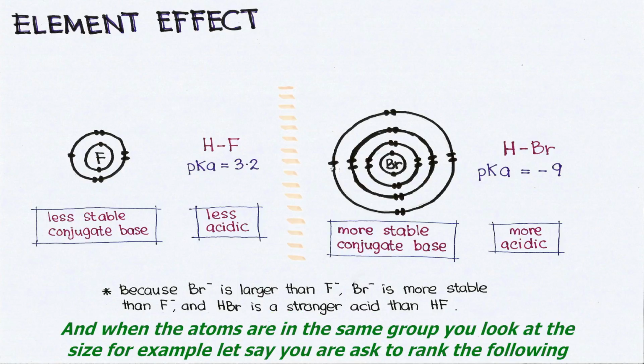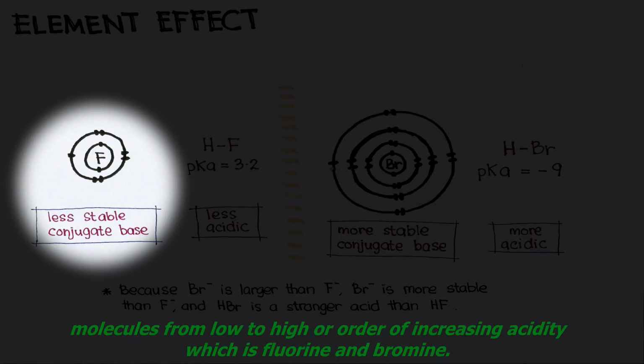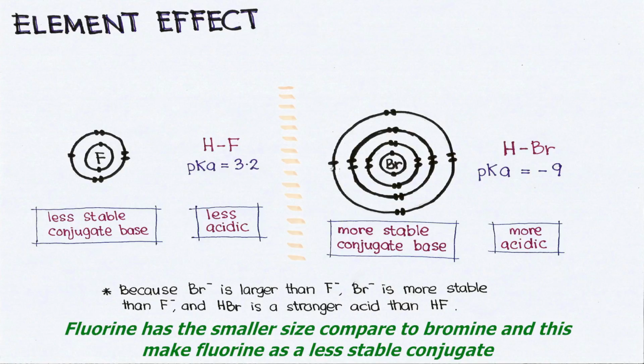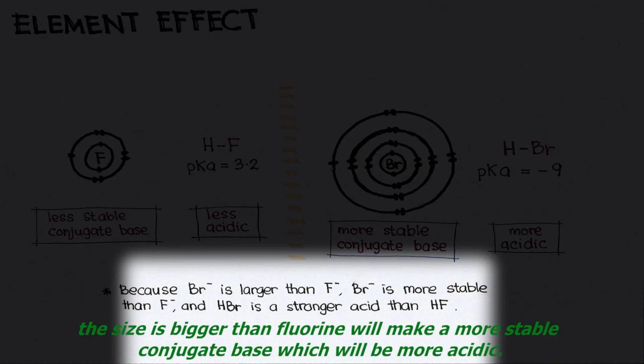And when the atoms are in the same group, you look at the size. For example, let's say you are asked to rank the following molecules from low to high, or in order of increasing acidity: fluorine and bromine. Fluorine has the smaller size compared to bromine, and this makes fluorine a less stable conjugate base, which means less acidic, while bromine, being bigger than fluorine, will make a more stable conjugate base,